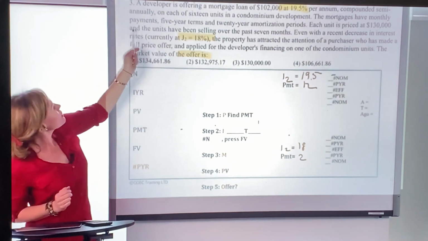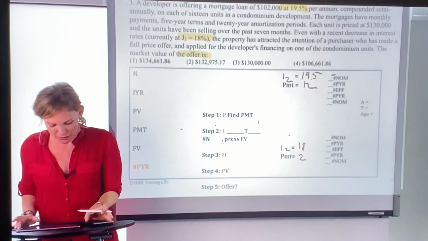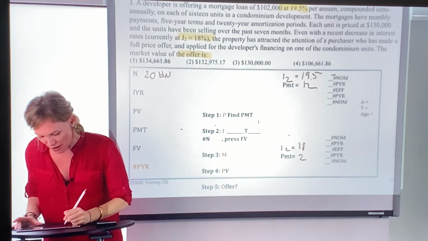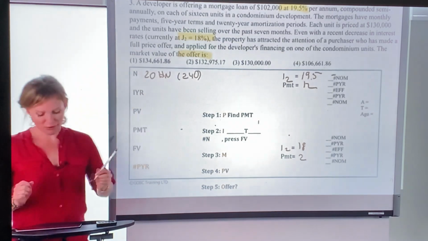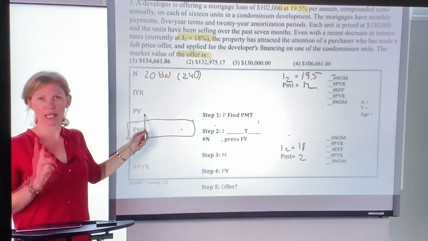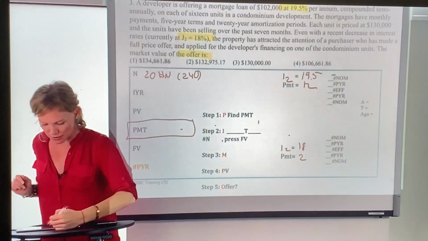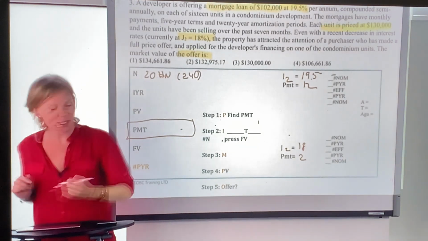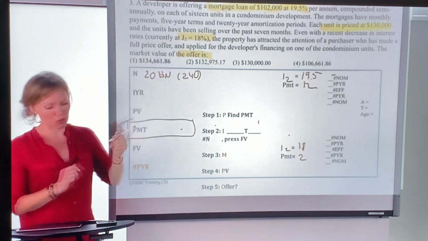What else do we have? He wants to give you this money for a 5 years term and the 20 years amortization, so the N is 20 years. I'll do the shift N. It will come up at some point as 240 months. What would you put in your present value if you're looking for your payments? What's the amount of money you're going to put in here? It has to be mortgage, but how much? They say the mortgage loan will be 102. You see that? It says mortgage loan is 102, and the unit price will be 130. What you put in here is always your mortgage. So you're going to put 102,000